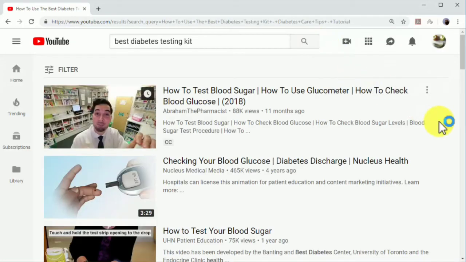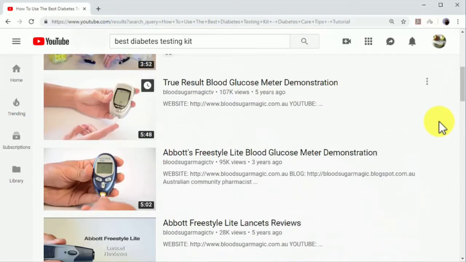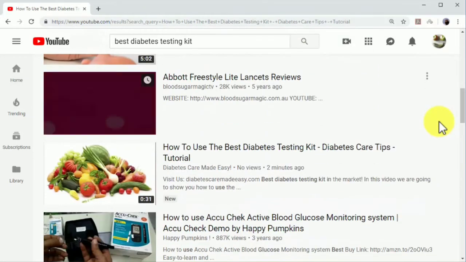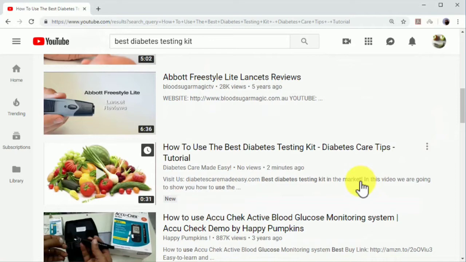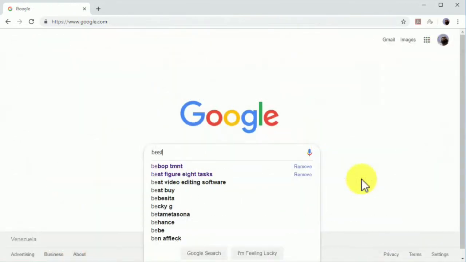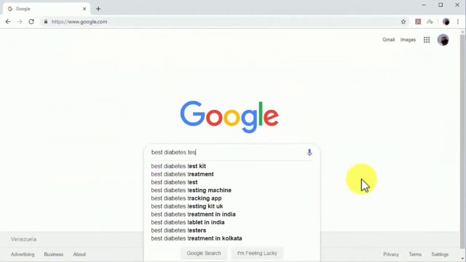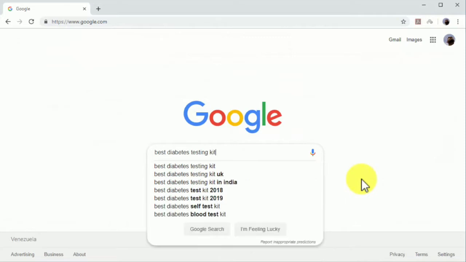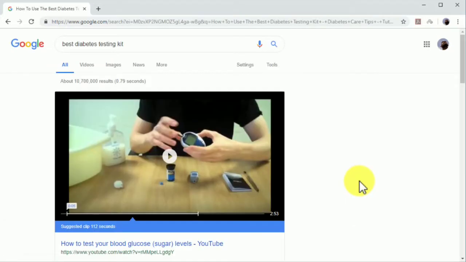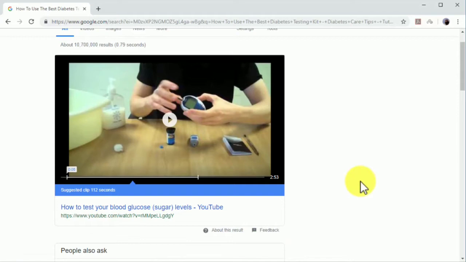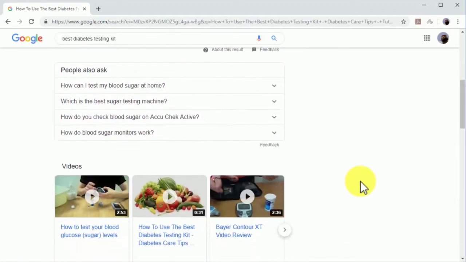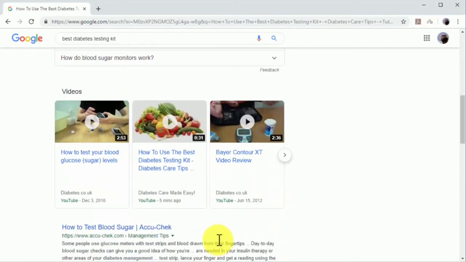As you can see, the video ranked at the top of search results for these search queries. You can also try checking how high you ranked your video over on Google.com. Just enter the same search terms in the Google search bar and hit enter. Here you can see how the video ranked on top of video search results. As you can see, this simple yet powerful trick will allow you to outrank anyone else posting marketing videos in your niche.